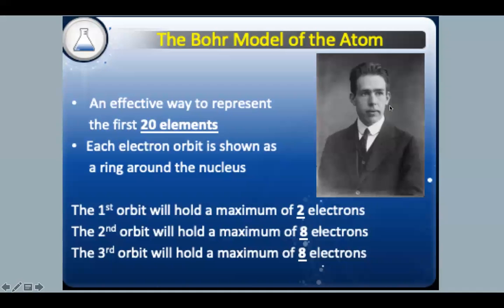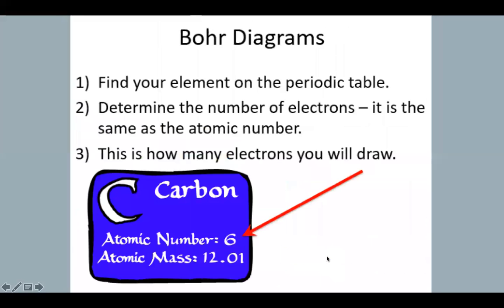So Bohr was a scientist that discovered the effective way to represent the model of the atom. So he said, like, the first orbit around the atom can hold maximum of 2 electrons. The second orbit around the atom can hold maximum of 8 electrons. And the third orbit can hold 8 electrons as well. So what does that mean is